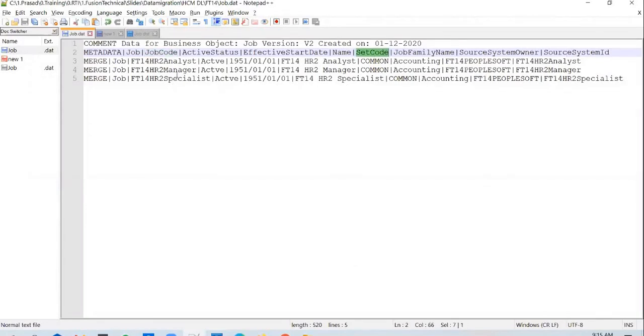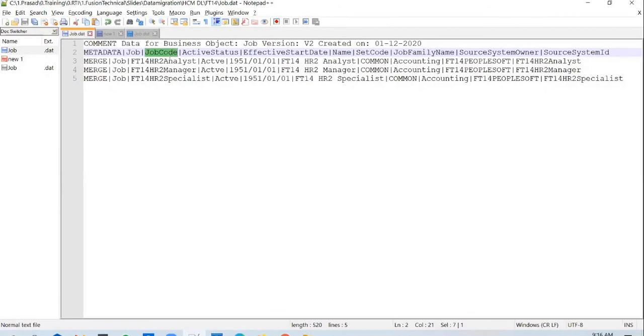Remember, you have a concept of reference data sets in cloud application, right? The way reference data sets work, it lets you have the same job code in a different reference data set. Say, for example, you have this job code, you can have the same job code created in a different reference data set. So to identify a unique job or a location, you cannot do it directly with a job code or location code, because that could exist in a different reference data set as well. The same job or a position could exist in multiple reference data sets.